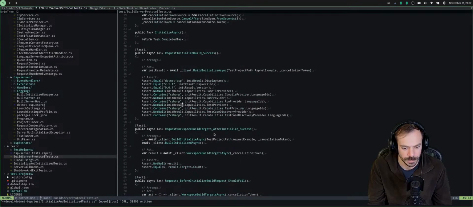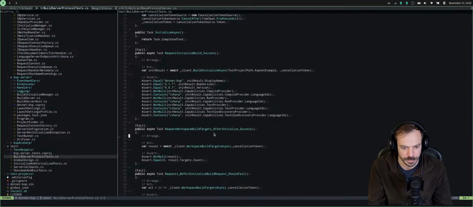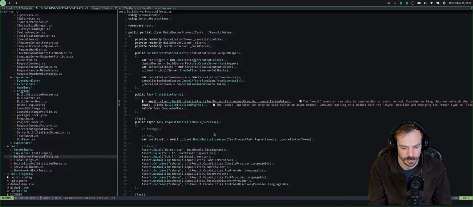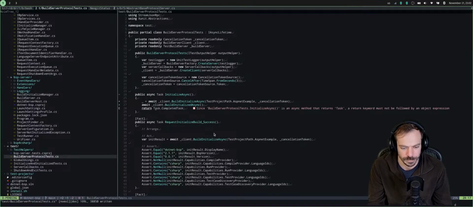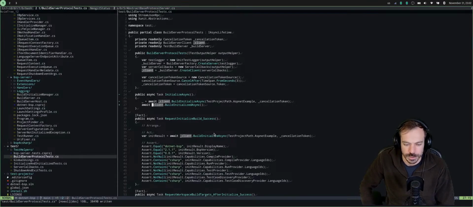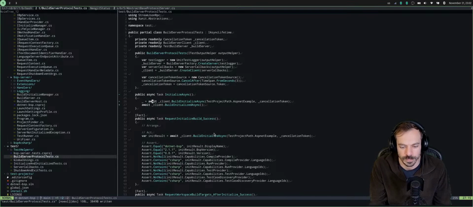So in here I could use this part on initialize async. So basically always initialize here with that.